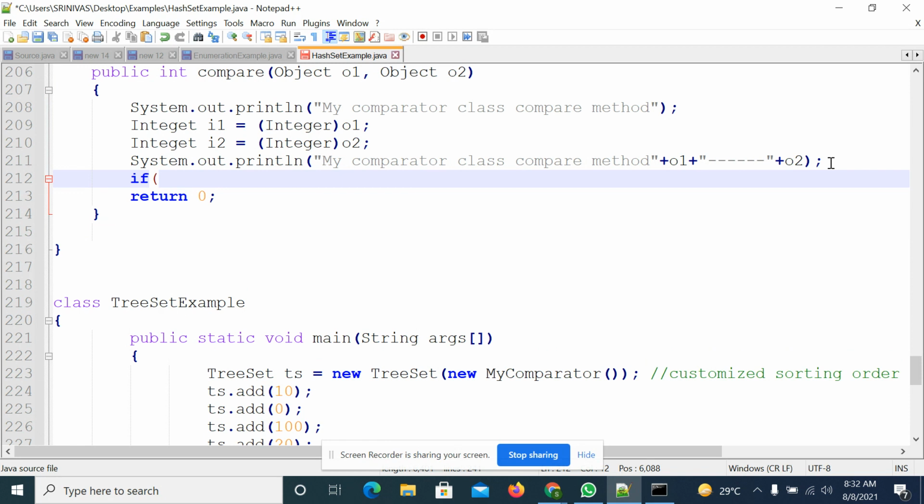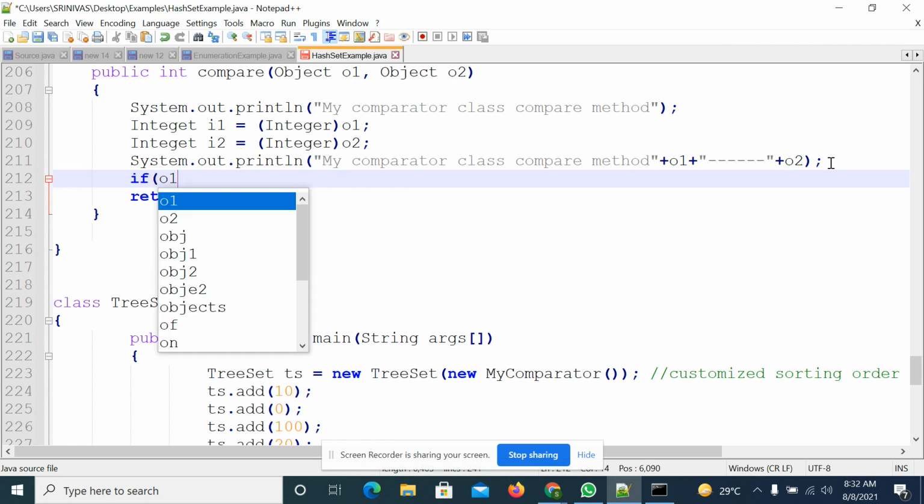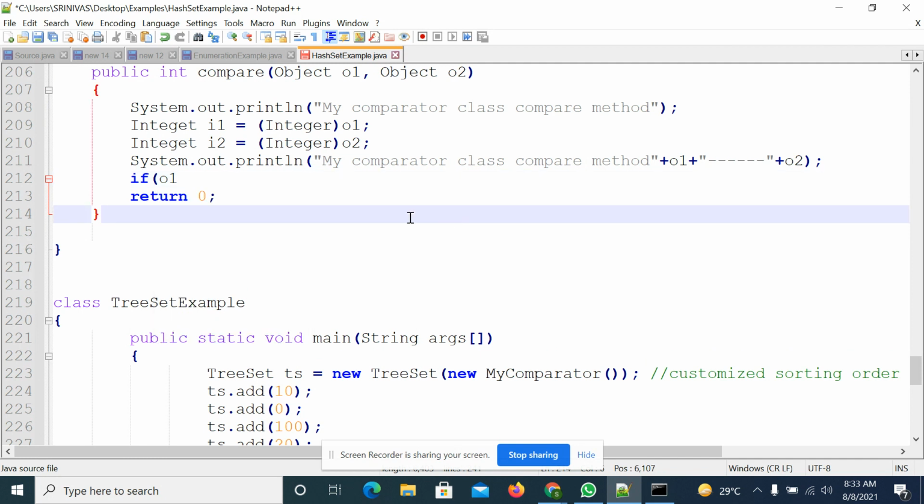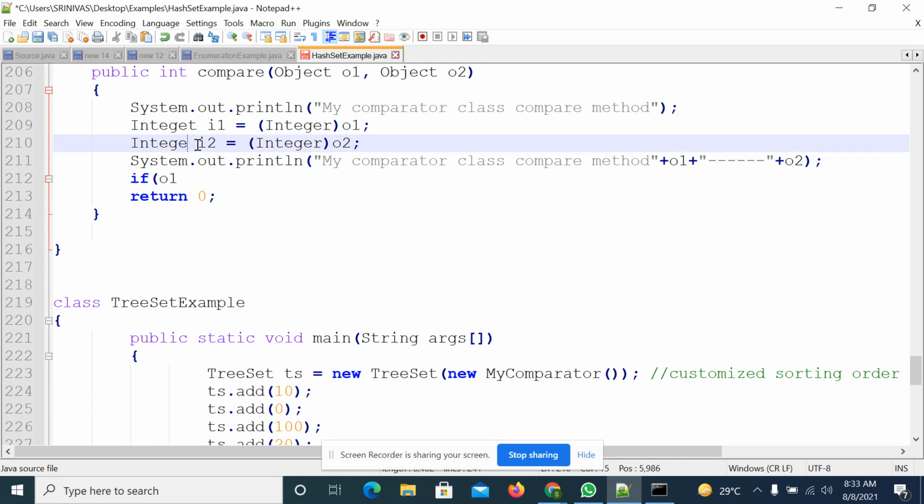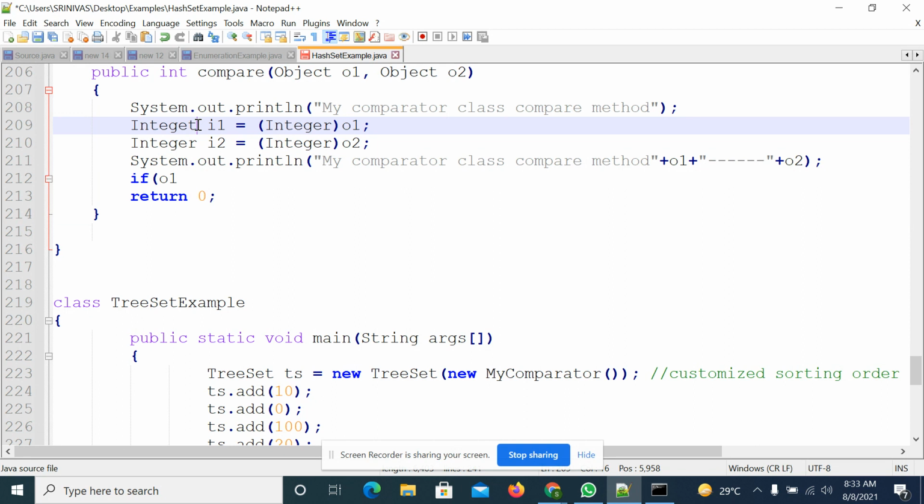If i1 is less than... sorry, spelling mistake. Integer, INTEGER. Right.